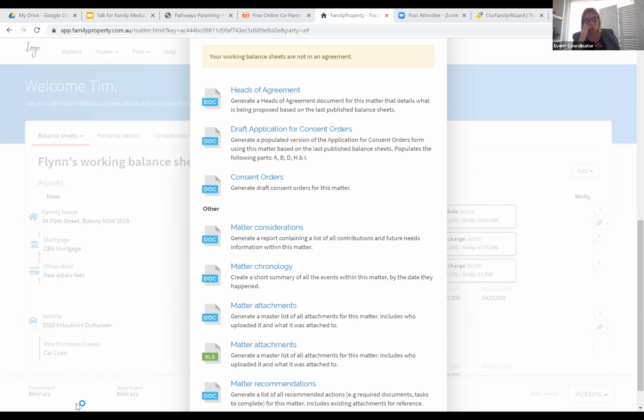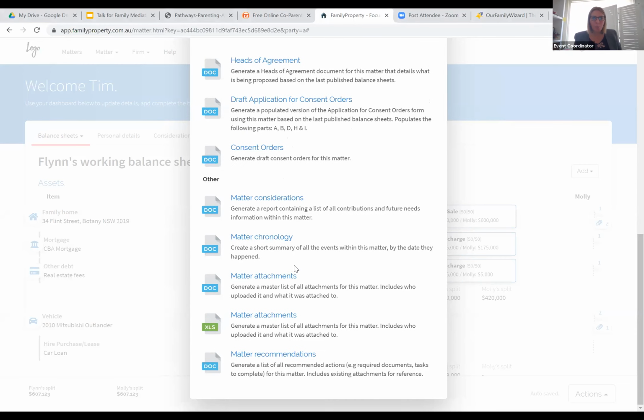Remember step 2, what's happened in the past by way of financial contributions, non-financial contributions, homemaker and parenting tasks, as well as what's called Section 75 or future financial needs. Lastly, it gives the effect of the property orders, all again automated calculations, which is a really good start, this is again a Word document, in getting you started with formalising that agreement. So that's the capacity of Family Property.